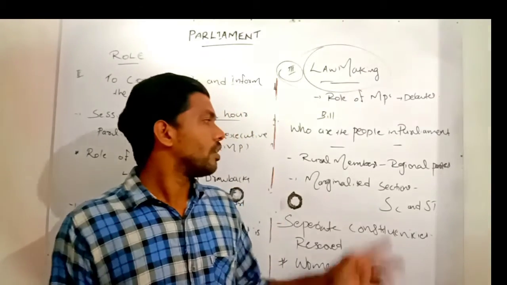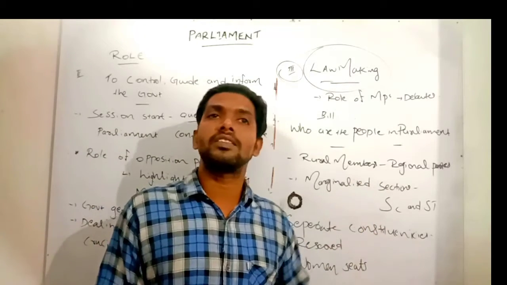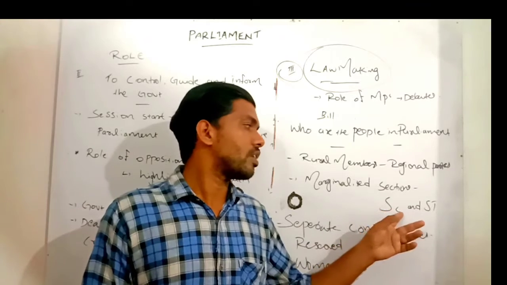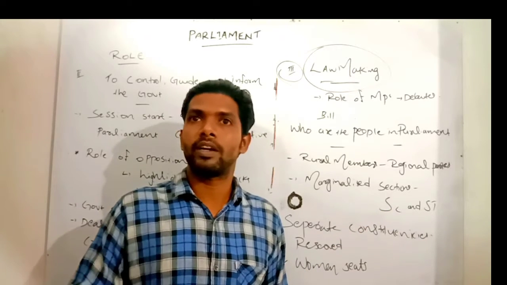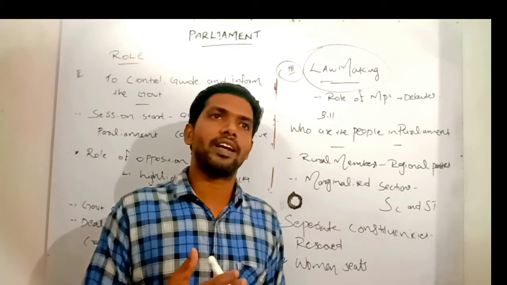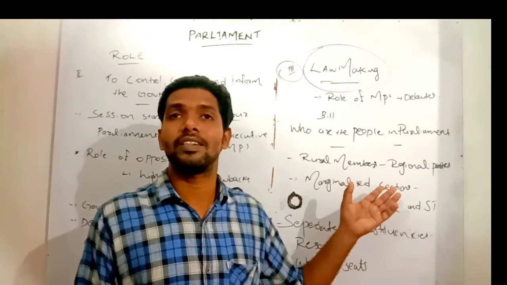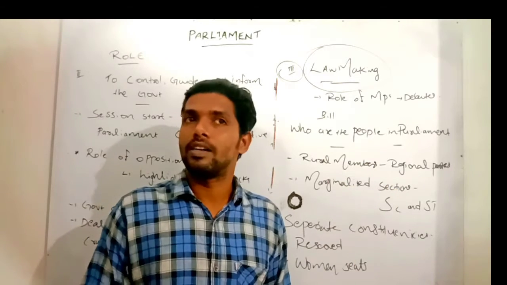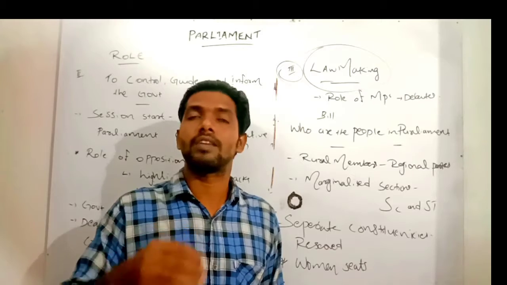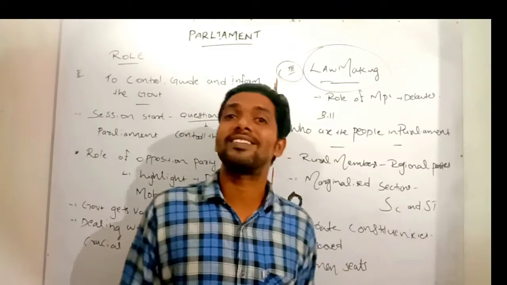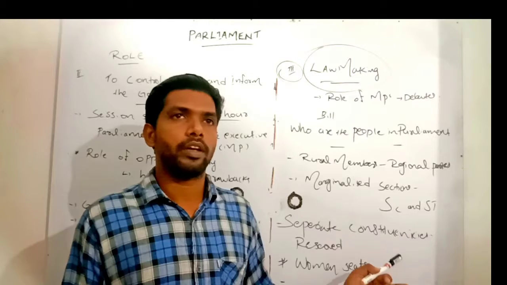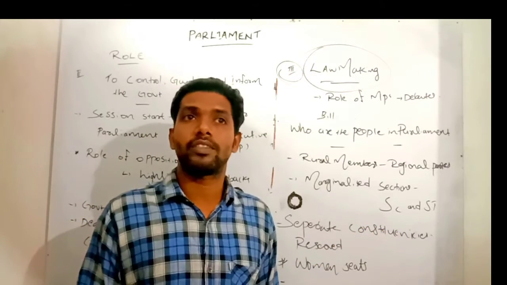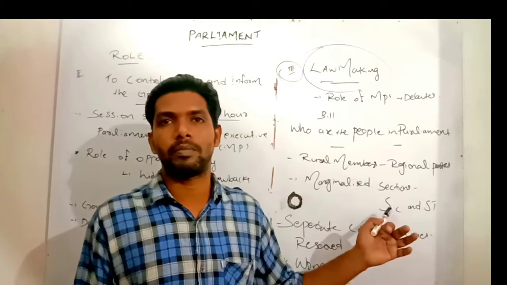And here in India, there are a lot of marginalized sections. Historically, there were Adivasis, scheduled castes and scheduled tribes. And they need to get representation in the Parliament. Then we can hear their voice, see and formulate their problems. That is why India has separate or reserved constituencies for SCs and STs, the weaker sections. 83 seats for SC and 47 seats for ST. So that reservation was made by the Indian Parliament.